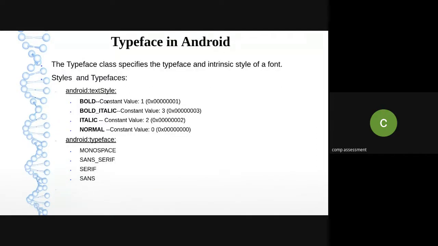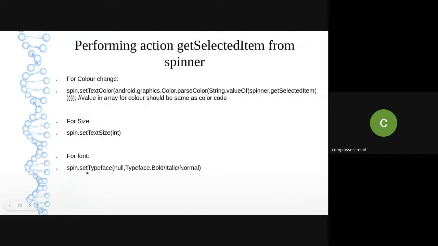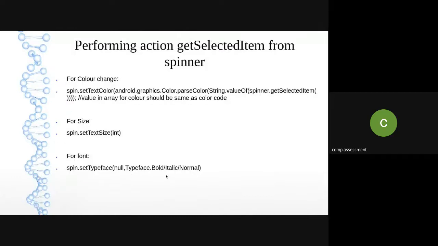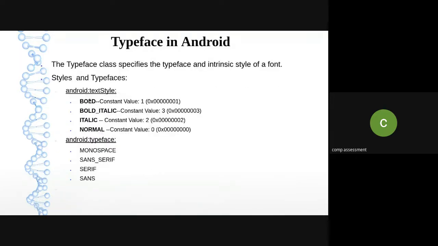Now when I'm talking about the text style over here in my setTypeface, I have to give Typeface dot either the style as bold, italic or normal, right? So you can give that particular thing as a string, just as I mentioned, as Typeface.BOLD. Accordingly, you have to select a signature. If you have considered the second parameter of setTypeface as a string, at that time you have to pass that parameter as a string.